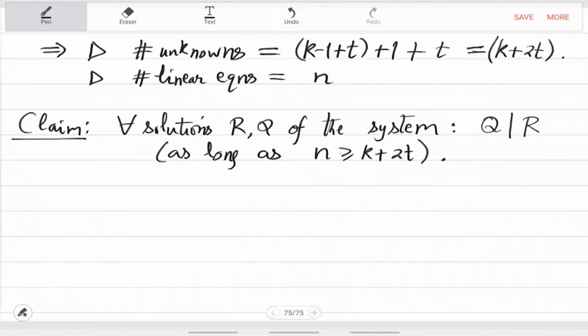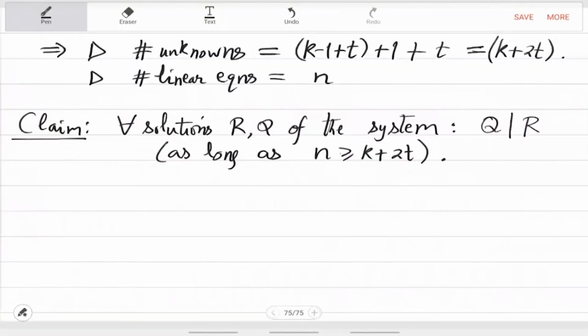Is the statement clear? So R is the product of P and Q. So no, R and Q are arbitrary solutions of the linear system. Maybe I should use something else here, maybe R tilde. So this is a statement about arbitrary solutions of the same system. The previous slide only tells you that that system has a solution where Q divides R. But this claim is saying that actually every solution will satisfy this. So that is a very strong claim,